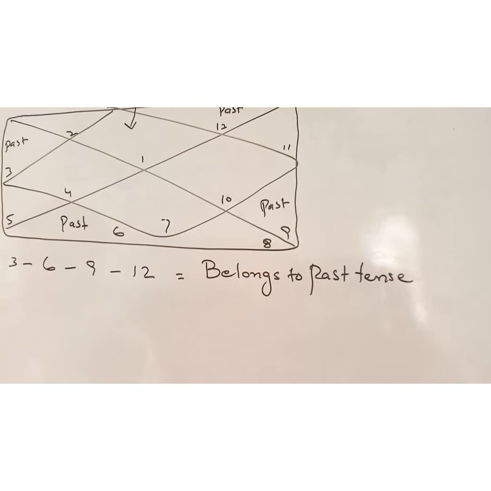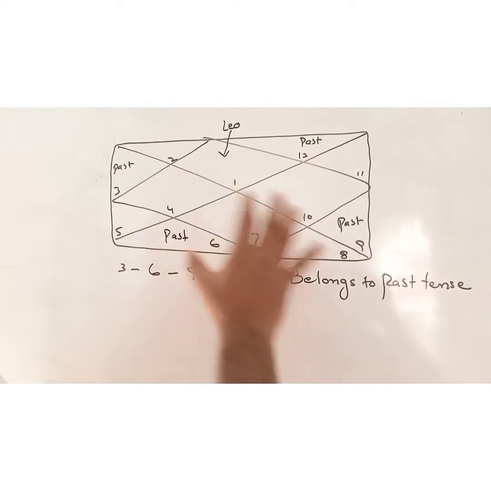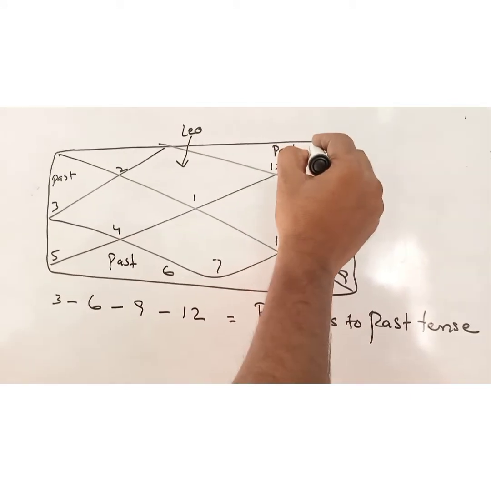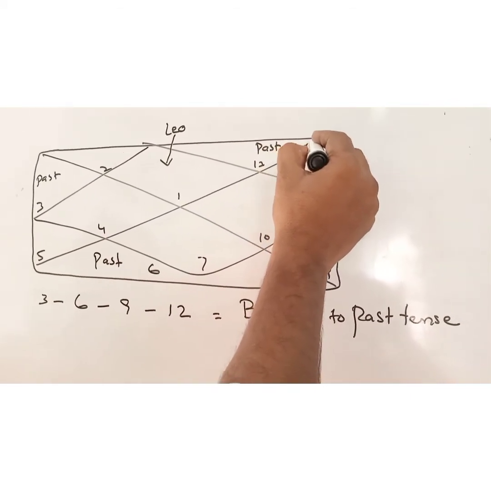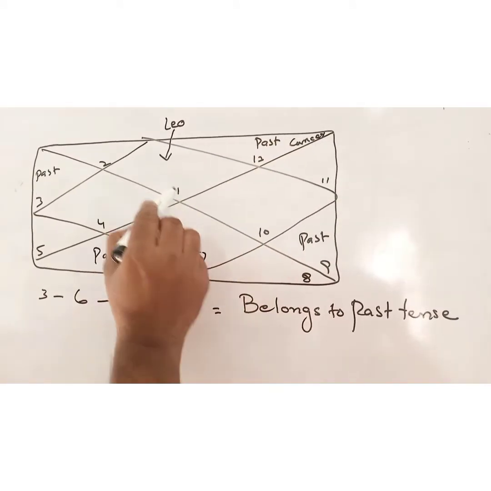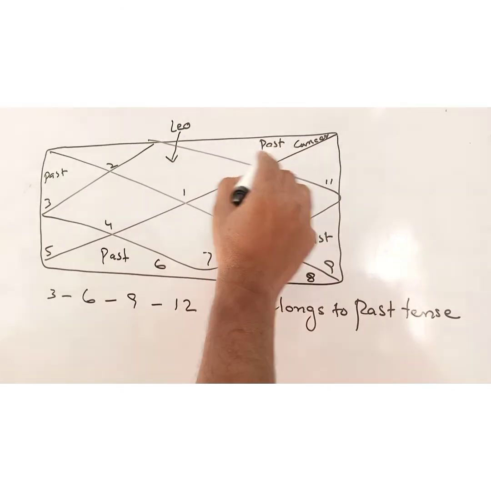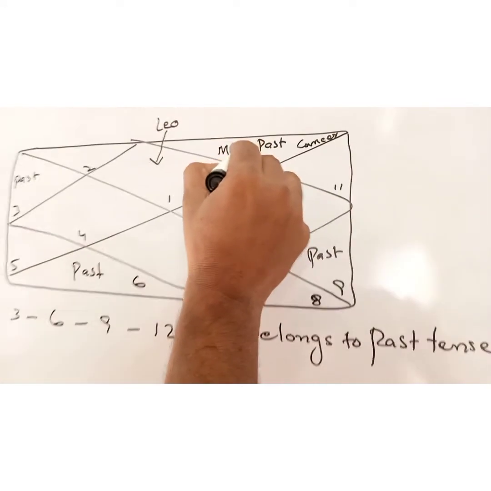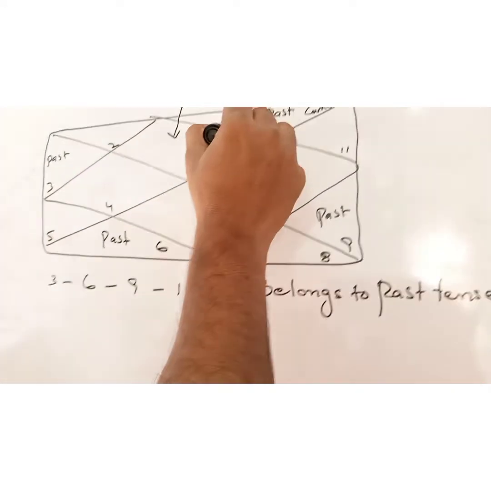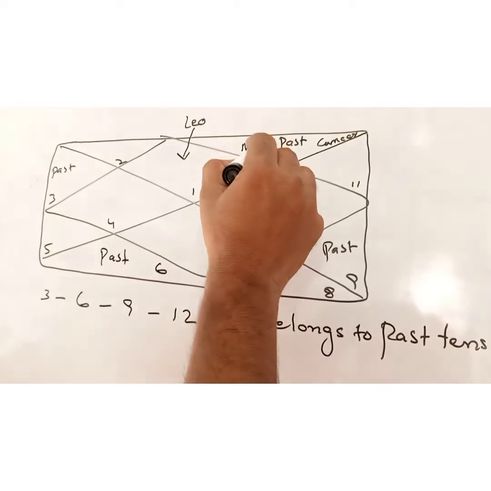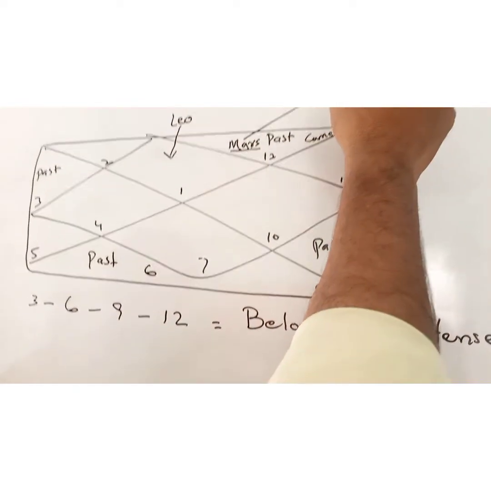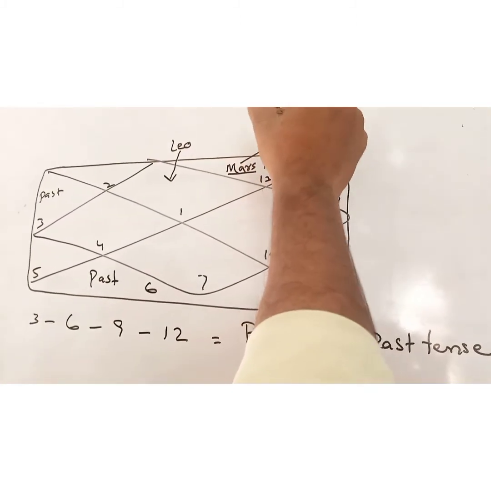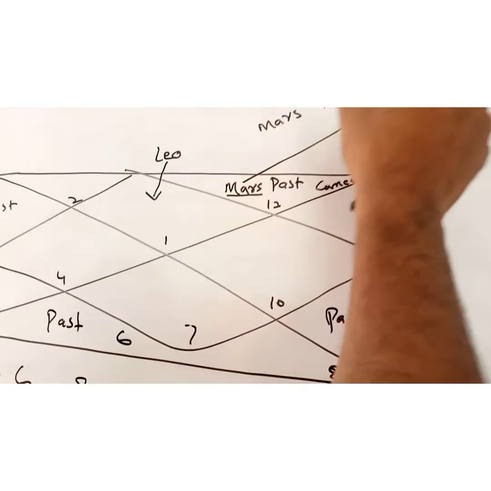Now, suppose this is the 12th house, and the 12th house of Leo is Cancer. If here is Mars, star Mars is here, and Mars is weak,